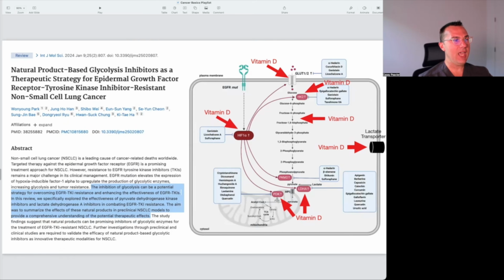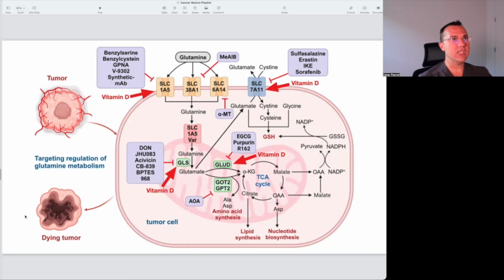It affects and dismantles the glucose uptake and utilization system, and it dismantles the glutamine uptake and utilization system, as well as the ability for the cancer cell to make glutathione. So this is a very important video to highlight not if, but how vitamin D